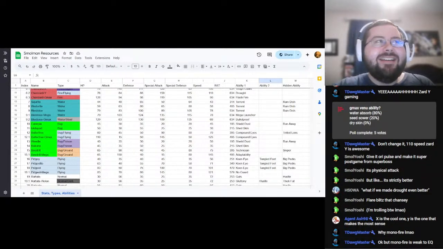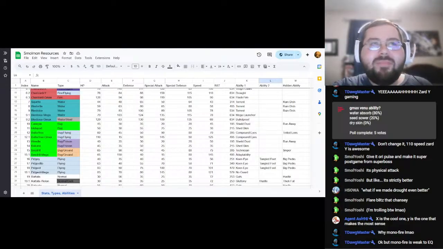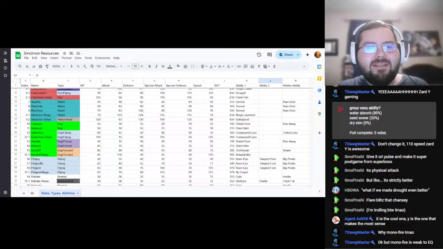Oh god. But Mono Fire's weak to EQ? Air Balloon, son? I don't know. What, do you want me to give it Earth Eater? I'm not saying this is the immortal Charizard. I'm just saying I made it a defensive wall. Well, more a res tank, but it does have defense, so...